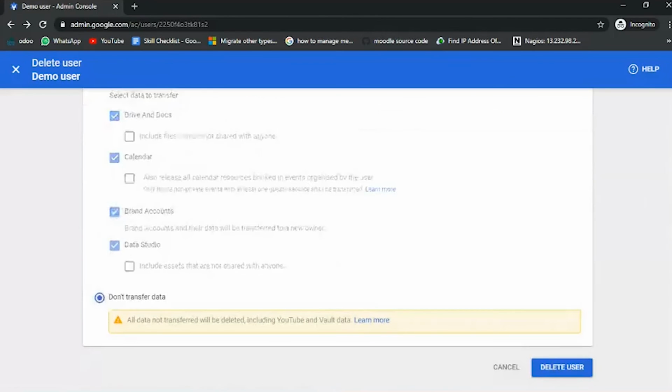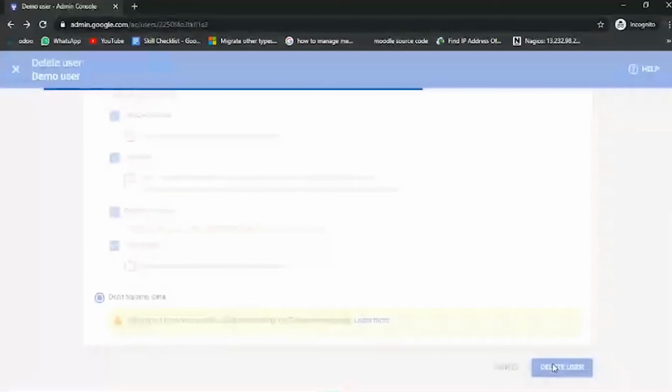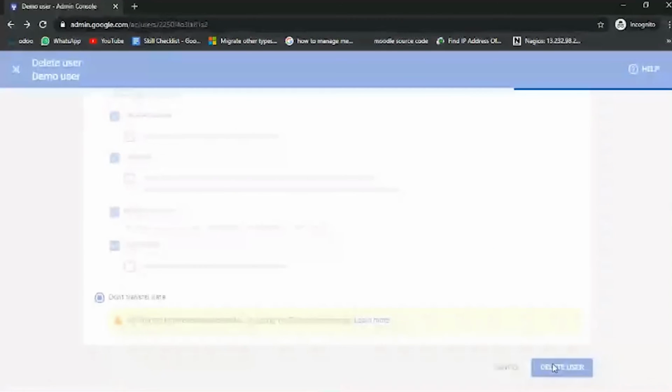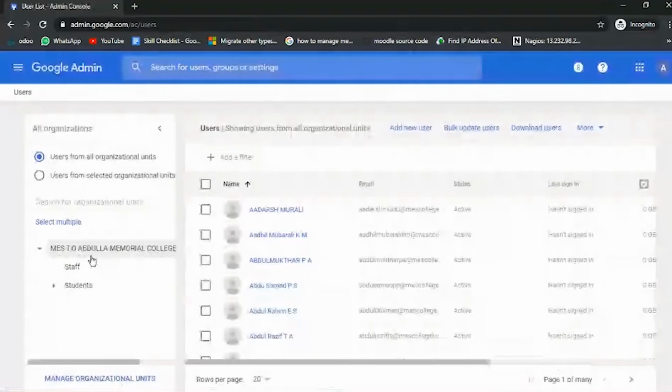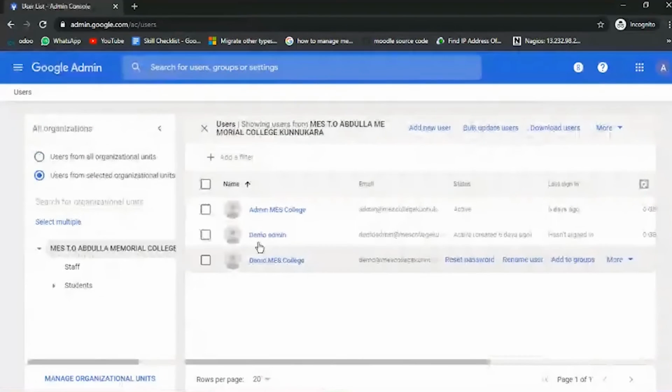Then delete the user by clicking delete user. The user we created is now deleted. Here you can see there is no user, as we just deleted that user.